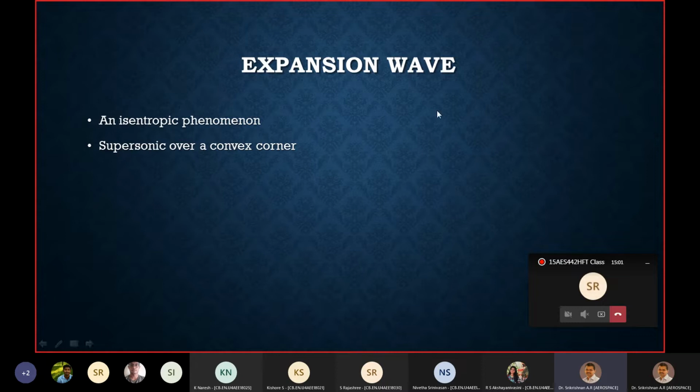A convex corner is a corner where the flow expands, a corner like this. Remember that what we call the compression corner is a concave corner. So what we are now talking about is a convex corner. So when you have supersonic flow over an expansion corner,